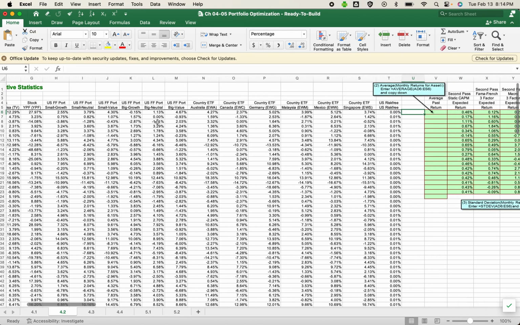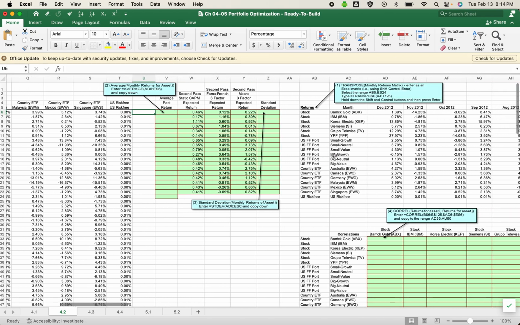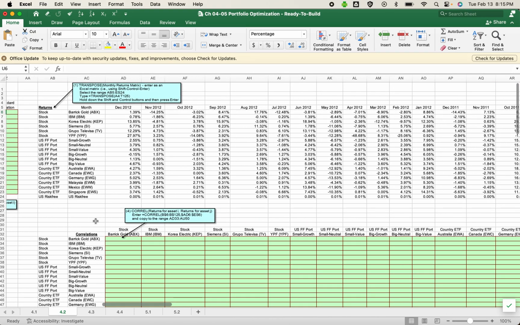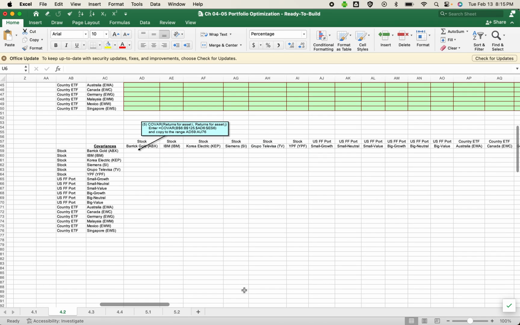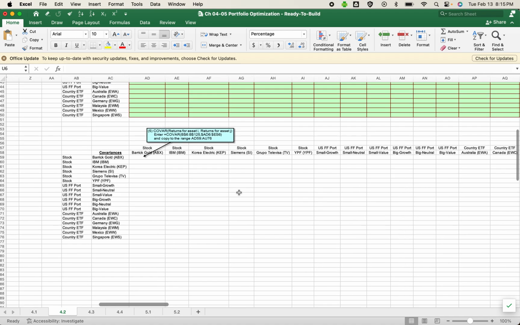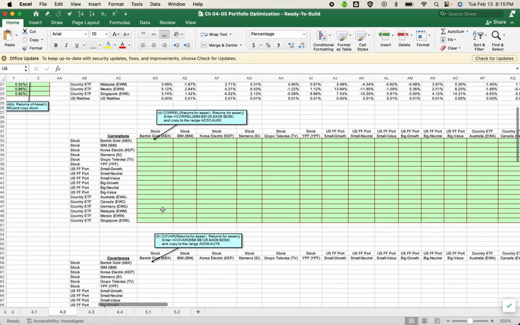Okay, so we did the transpose. Why are we transposing this? We are transposing this because that will help us calculate the variance-covariance matrix that we need, as you remember, to calculate the individual covariances between the assets to later use to calculate the variance and standard deviation of the portfolio. Whichever weights and whichever assets you do end up choosing, the covariances of these assets will determine the effectiveness of diversification or how much risk you can lower in your portfolio. So let's go ahead